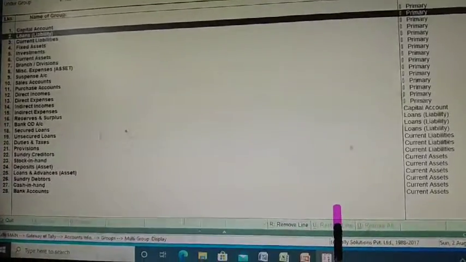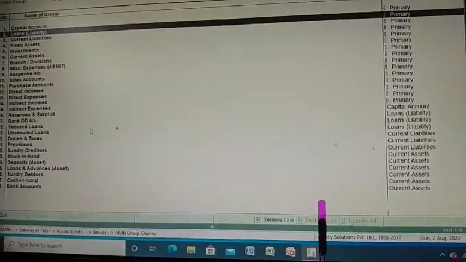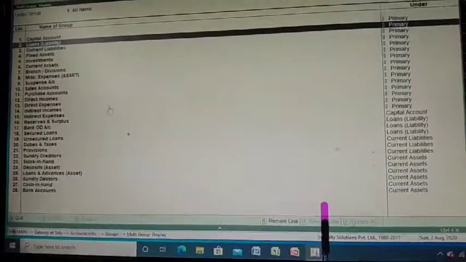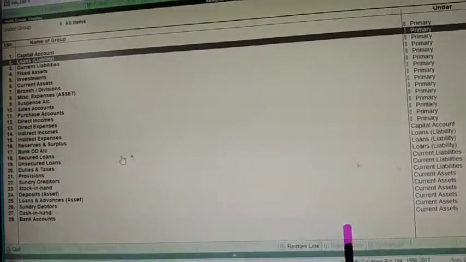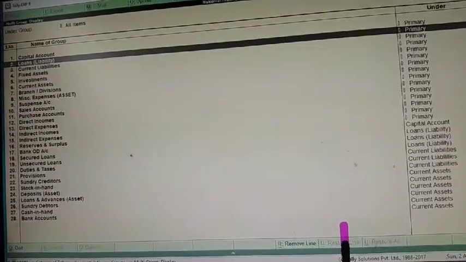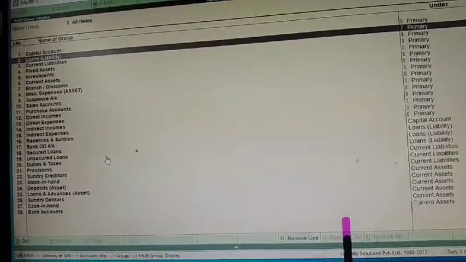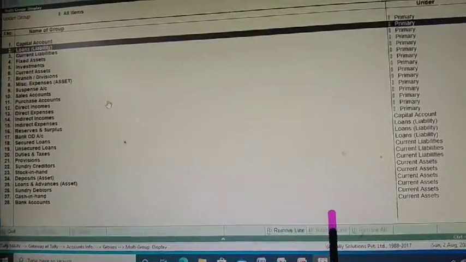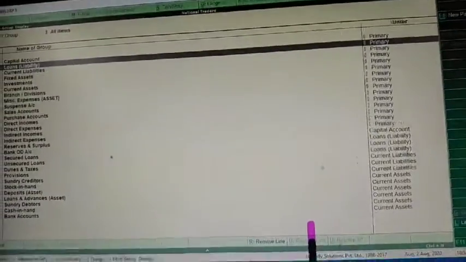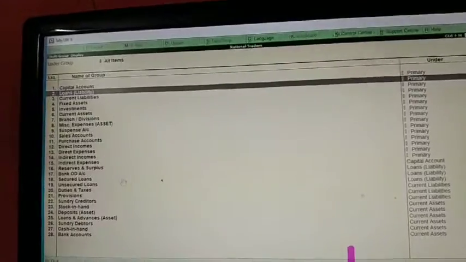Or else you can group them according to their places. For example, the customers of south, north, east, west, you can group them, and as well as your suppliers, you can group them according to their region.